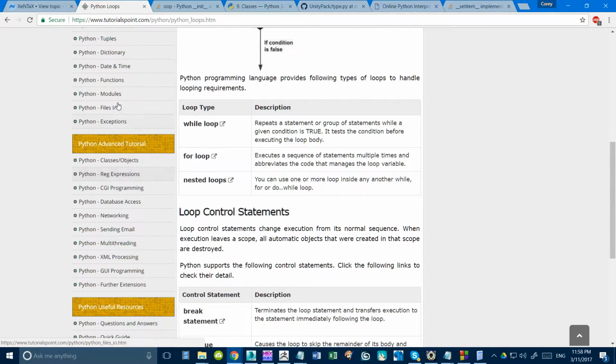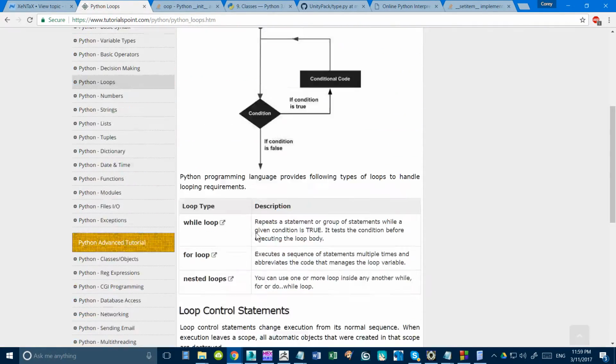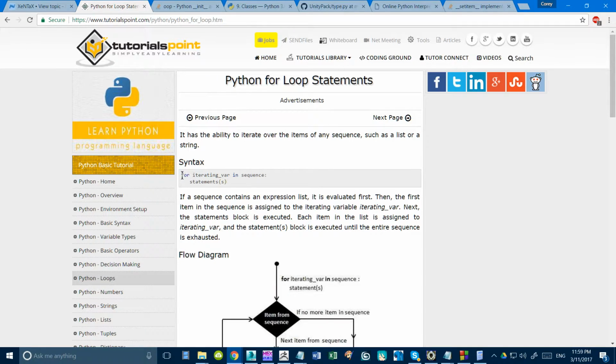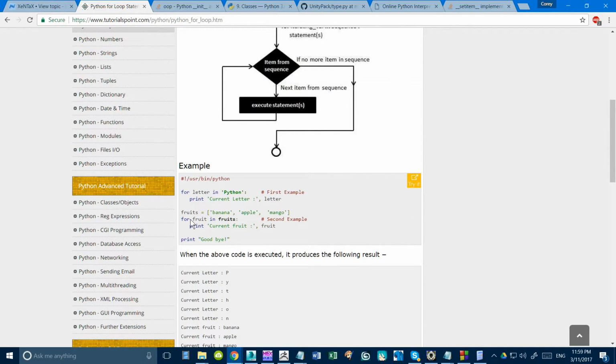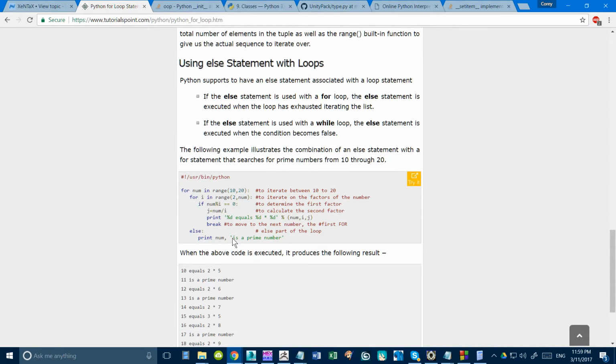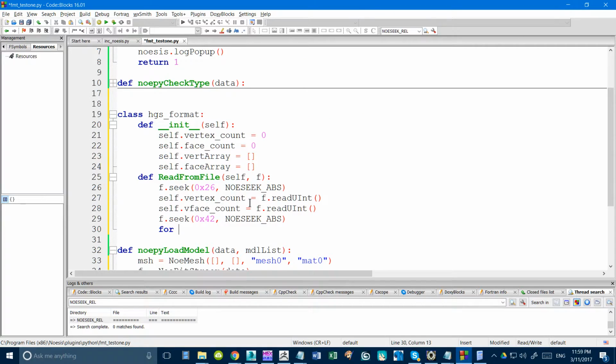Okay, so we're gonna want a for loop. So loops, and then we're doing a for loop. It's gonna explain that it is for a variable in seq. This is actually a really bad practical example. Okay, this is the practical example that you should have. So here I'll just type it up for you. So for i in range, and then you give it the range, so it would be from 0 to the count. So we're gonna go self dot